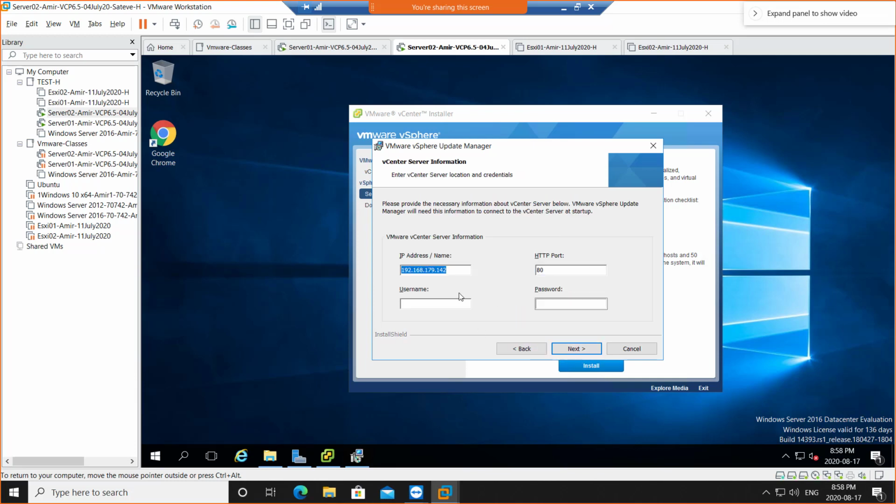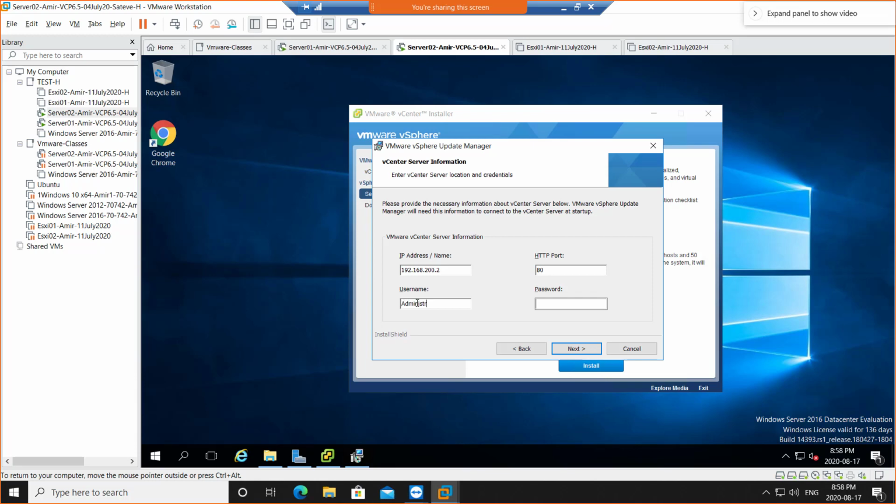So I'm on this screen where many of you were already there. I'm going to try to fix that. The IP is wrong, so I'm going to change it to 200.2, which is the IP of the server 2 itself. Second thing is I need to give the username and password of the Vcenter, which is